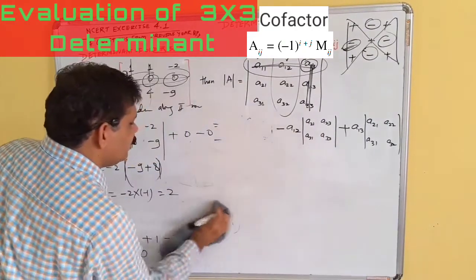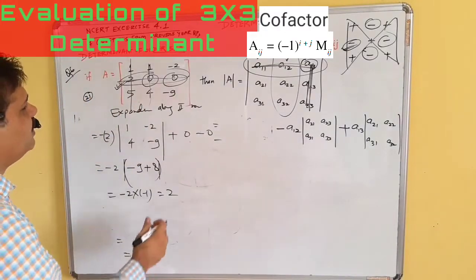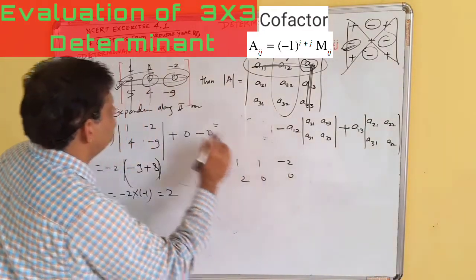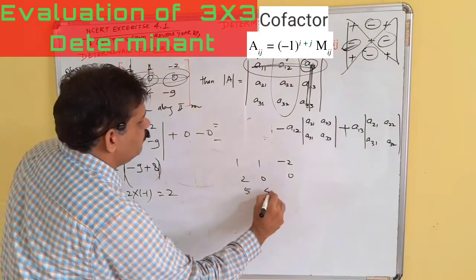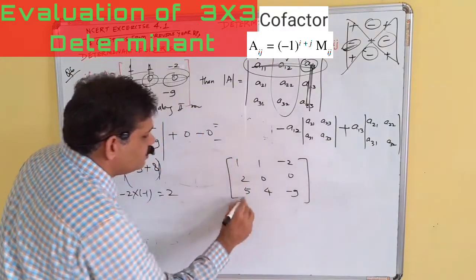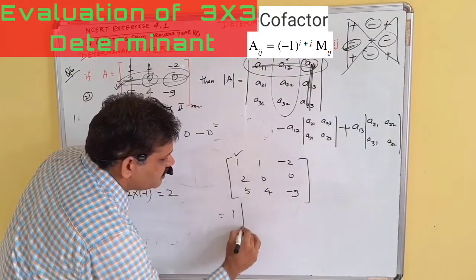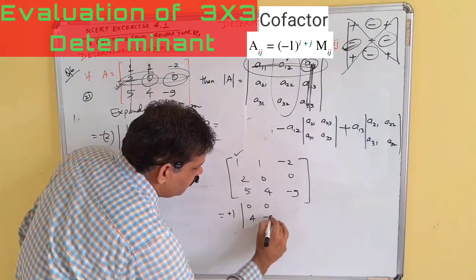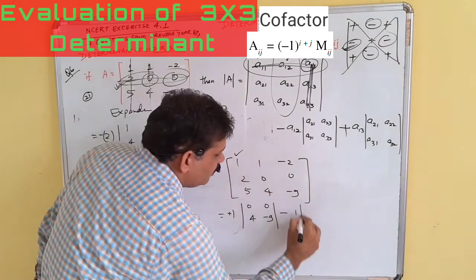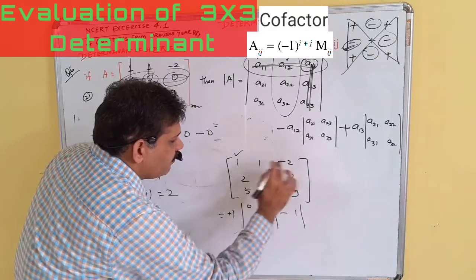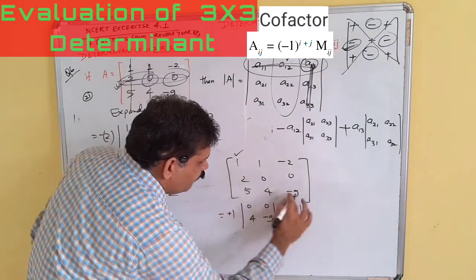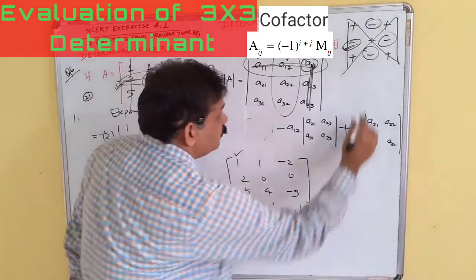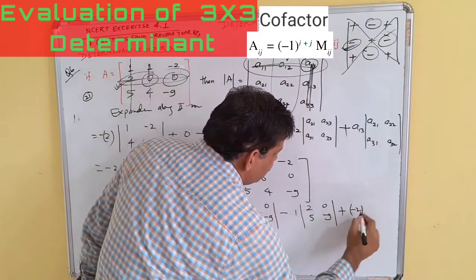अगर हम इसको फर्स्ट रो के अलॉन्ग एक्सपेंड करते हैं तो भी इसका आंसर आता 2। कैसे, ये हमारा 1, 1 -2 हमने लिया 2 0 0 2 0 0 5 4 5 4 -9। अगर हम इसको फर्स्ट रो के अलॉन्ग एक्सपेंड करते तो 1 के साथ प्लस लिखते हैं, पहले प्लस का 1 इंटू ये लिखते 0 0 4 -9, बीच में माइनस लगाया 1, अब क्या आएगा, ये इसको छोड़ा 2 0 5 -9 प्लस लगाकर ये -2 मल्टीप्लाइड बाय ये